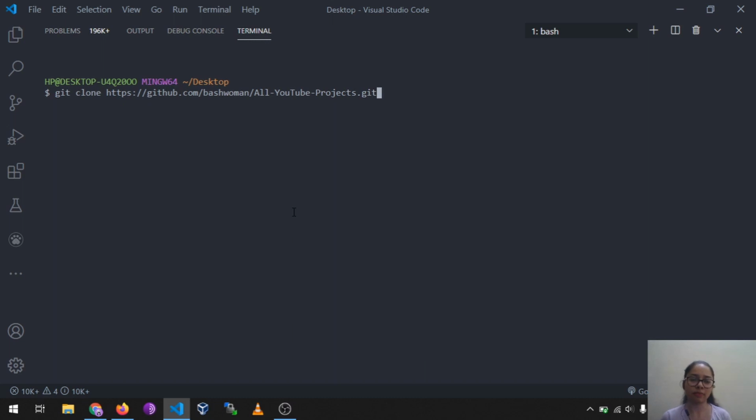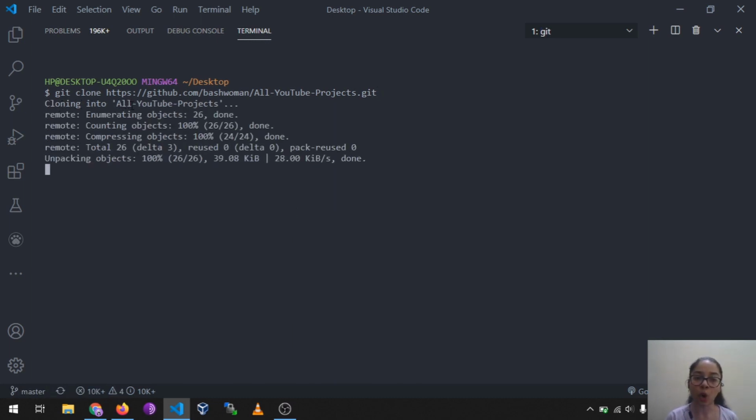You can obviously see there it says git clone and the URL. That means it is cloning this URL to your local system. Press enter, and it says cloning into all YouTube projects. You can understand that it will be cloned to this folder.